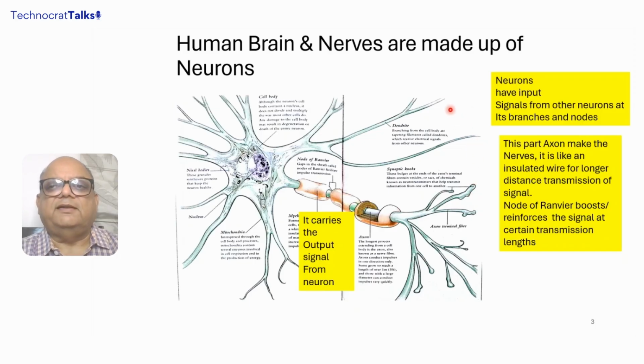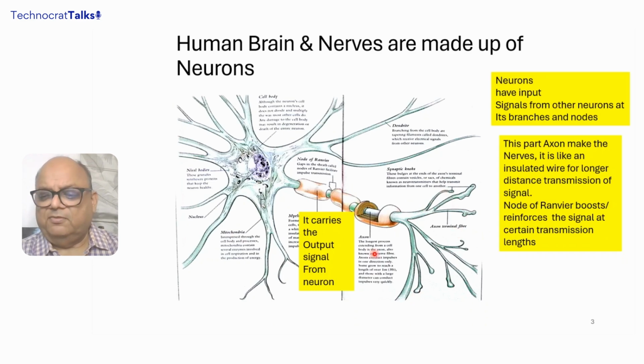They are inputting to certain dendrites of the same neuron or some other neuron. These are the terminal fibers which carry the output, and the output is made available simultaneously at so many places. Not simultaneously, there will of course be some propagation delay